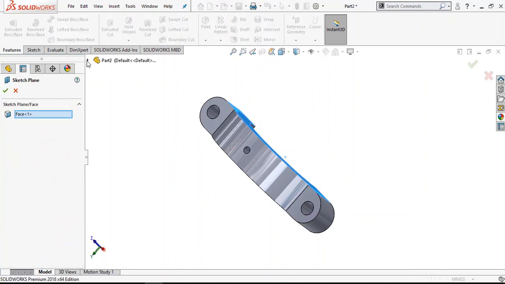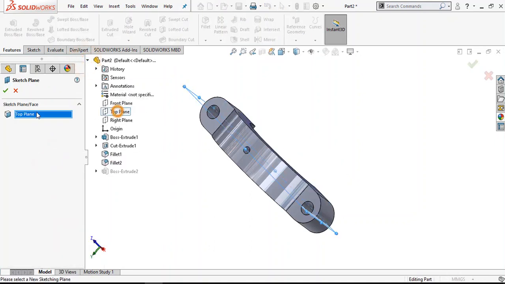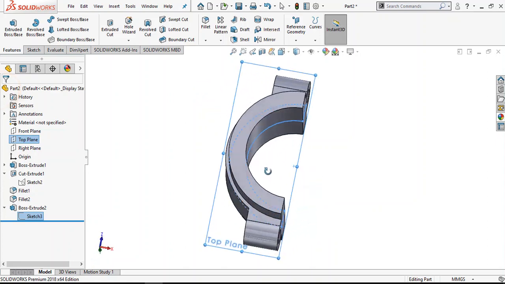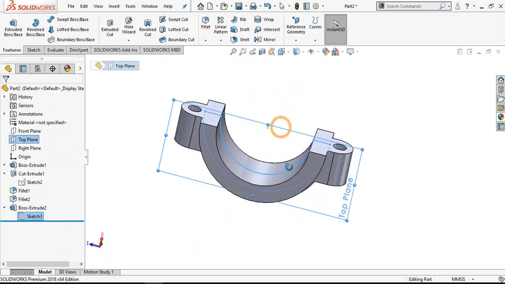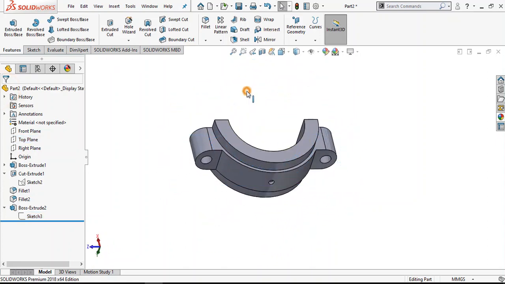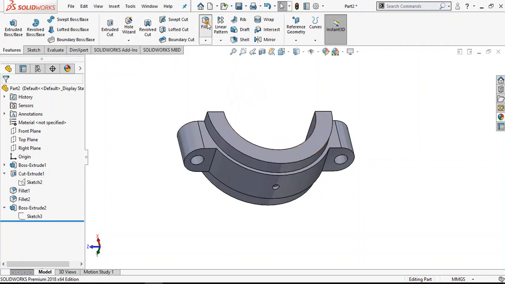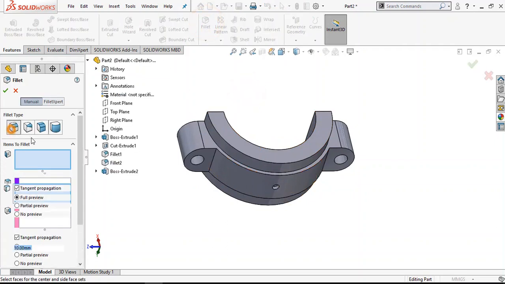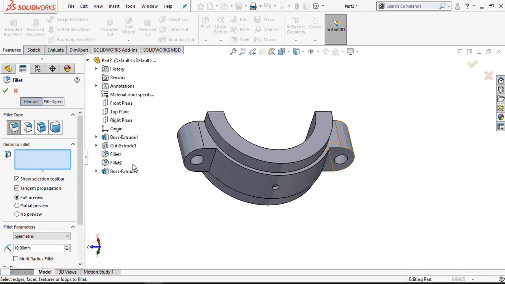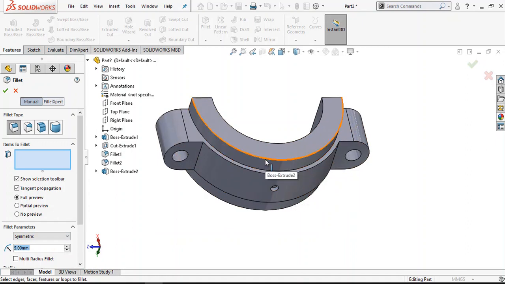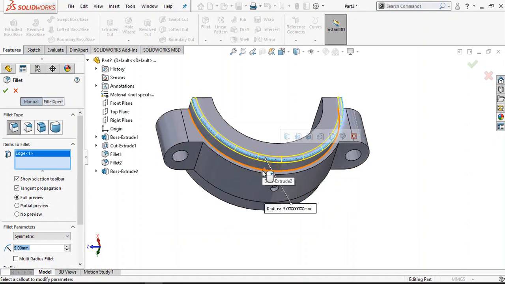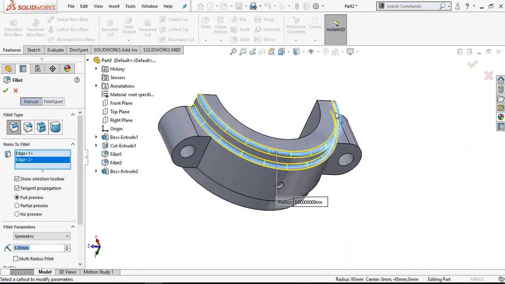Change sketch plane. Select top plane. Okay. Now it's good. Now select fillet and constant fillet here 5 mm radius. Select this face and this face.